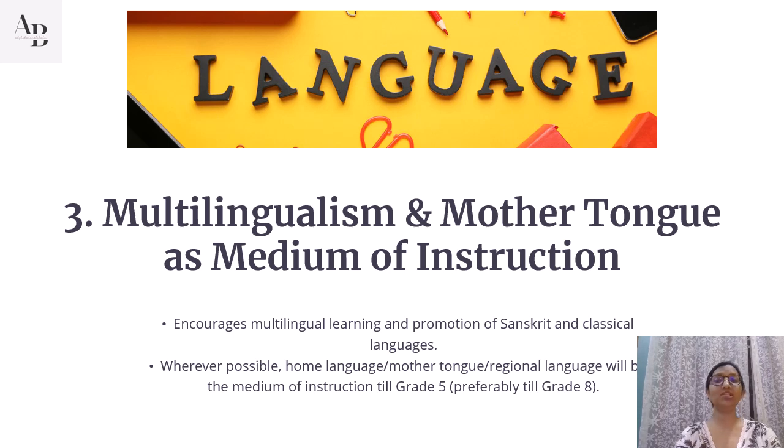For example, a child coming from an Assamese family, where all of the family members speak Assamese in his home language. But then he comes to an English medium school and the concepts are taught to him in English. So it creates confusion and makes it difficult for him to understand certain concepts. So NEP suggests that a child should be taught in mother tongue, preferably till class 5 or till class 8.